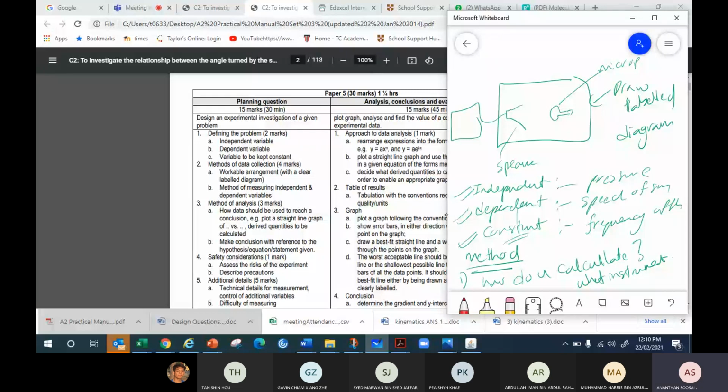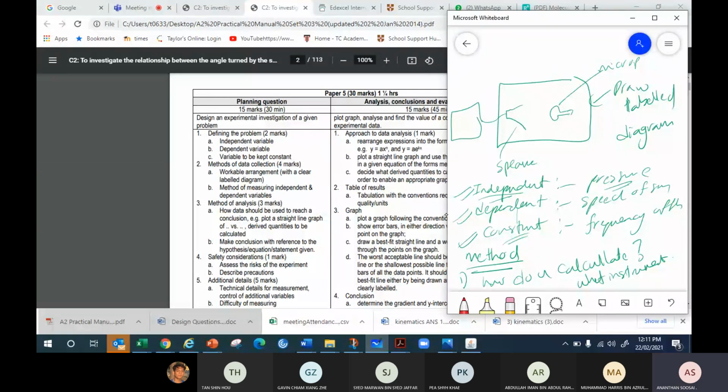First, the independent variable, pressure. Under method, you must say that the pressure is changed by using a vacuum pump, and the pressure is measured by using a Bourdon gauge. So you get 1 mark. How the independent variable is varied and measured, you must tell the instrument. The student just wrote change the pressure, measure the speed, but never said how to change or measure the pressure. So you won't get the mark.